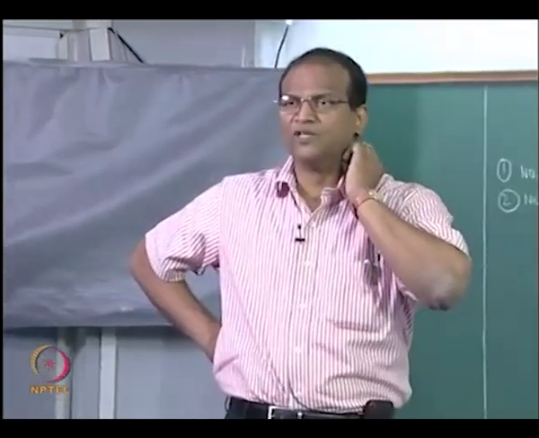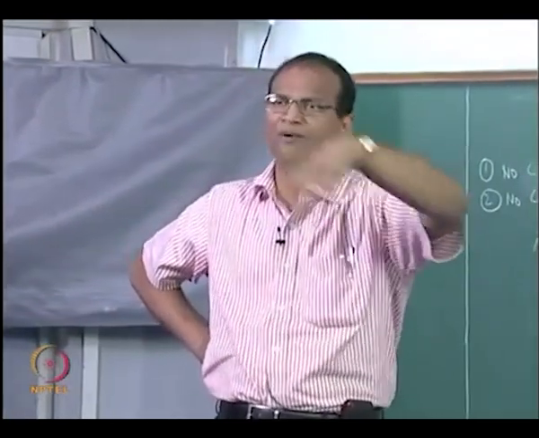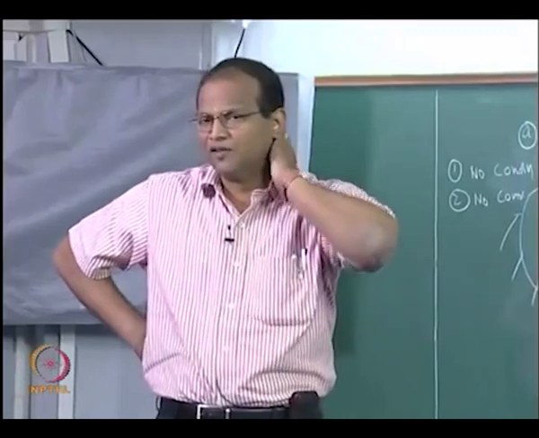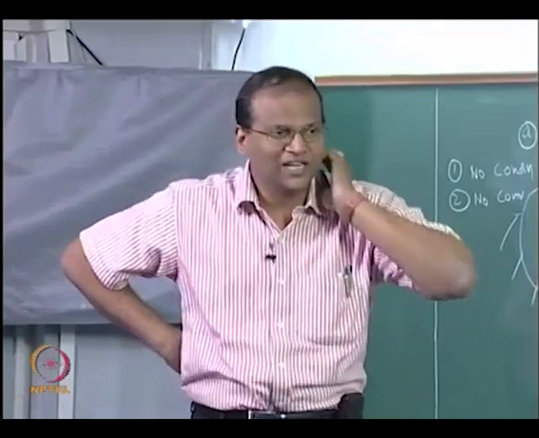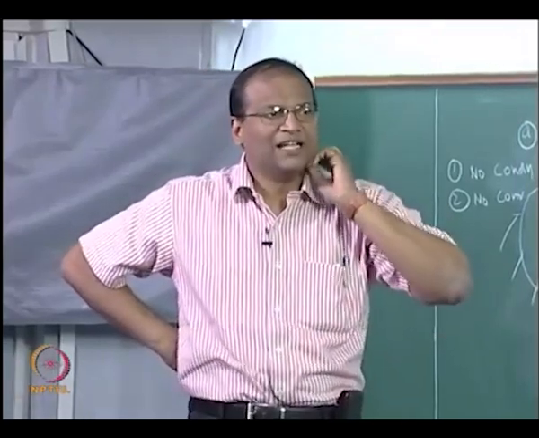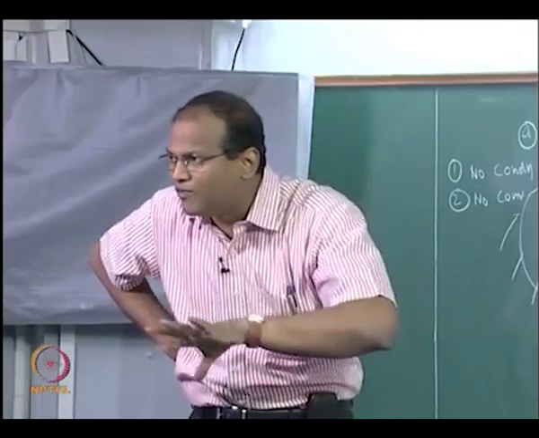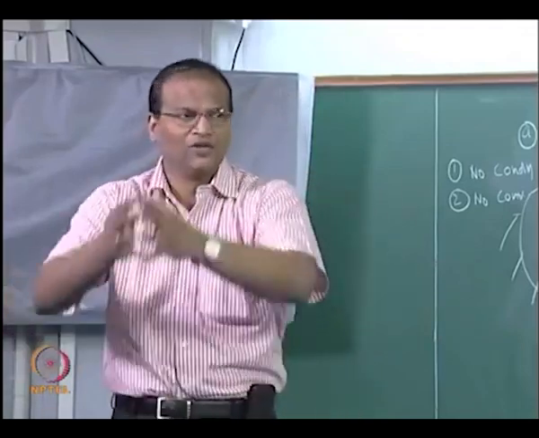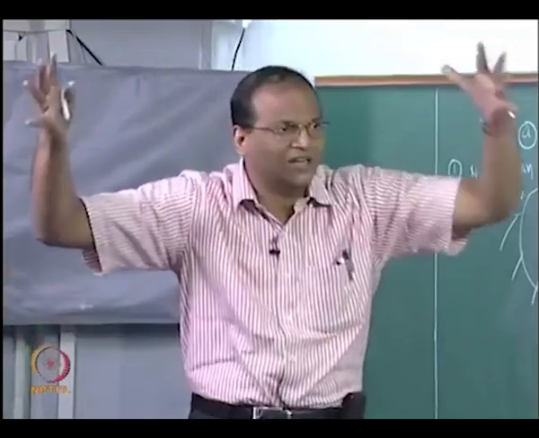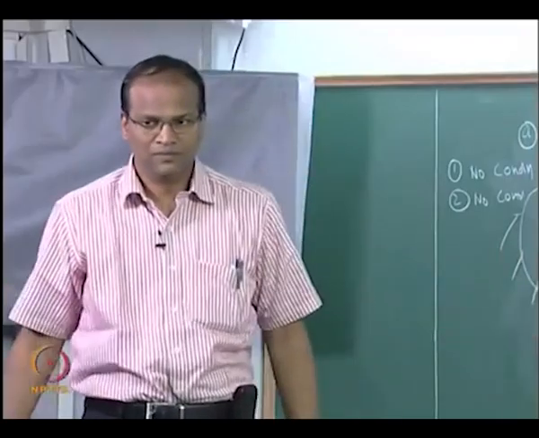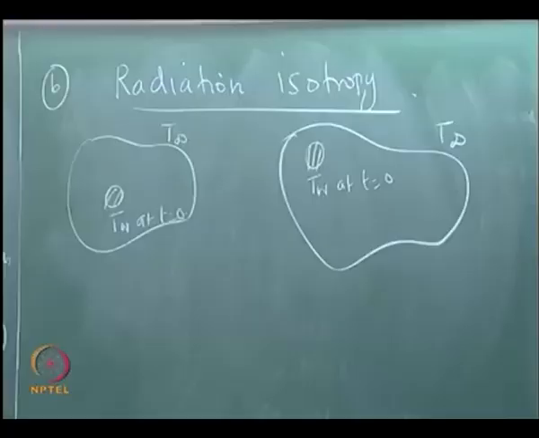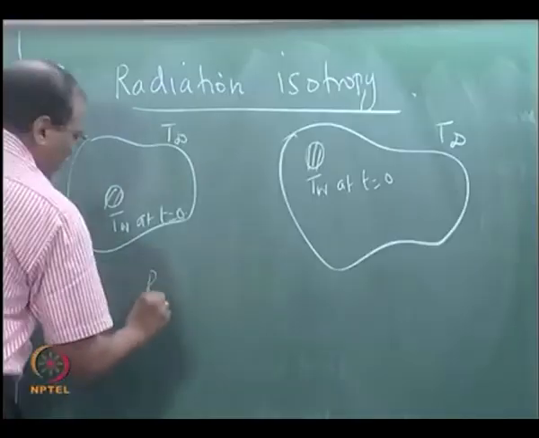Since it is independent of position, you can rotate it, you can keep it wherever you want; it is independent of the position or the orientation of the body. Therefore we say that there is radiation isotropy within the enclosure. Within the enclosure a uniform radiation field has been established. So the radiation isotropy means radiation field